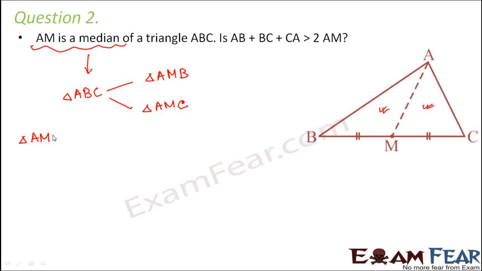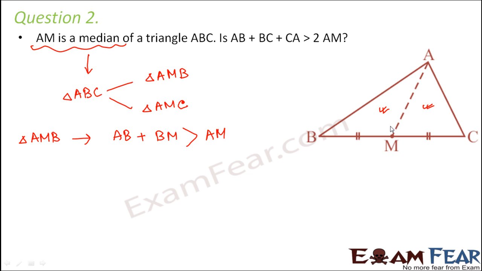Now let us focus on this smaller triangle AMB. So in this smaller triangle also, the side lengths property should remain the same. That is, sum of the lengths of two sides must be greater than the third side. So in this triangle, we can say that AB plus BM is greater than AM. Now why are we keeping AM on the right hand side? Because what we have to prove is also on the same lines, where AM is on the right hand side. So that is why we have taken it like this.